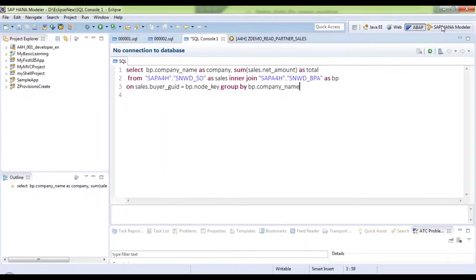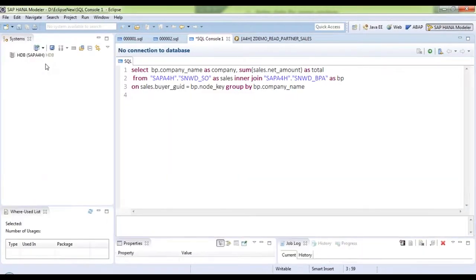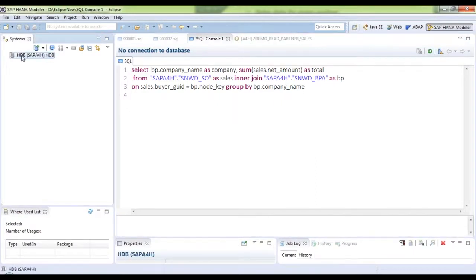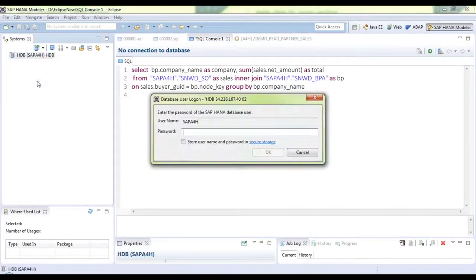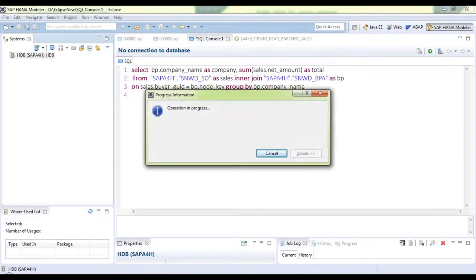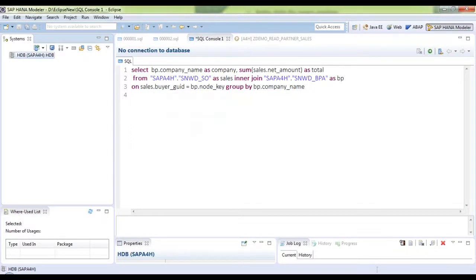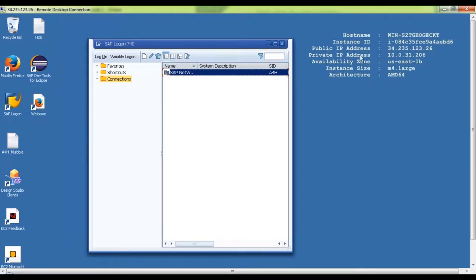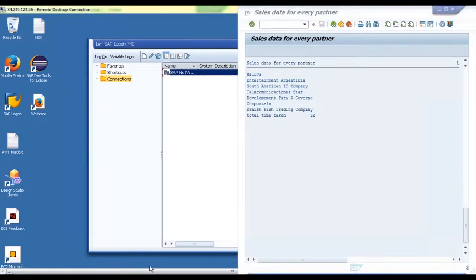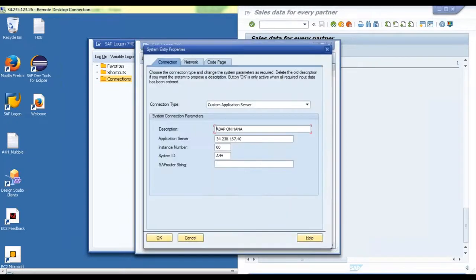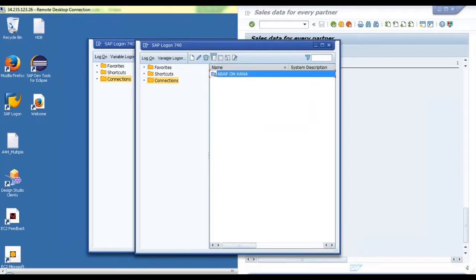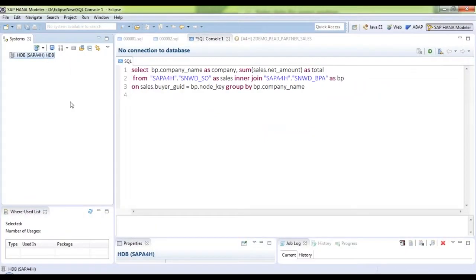So if I quickly switch to HANA Modeler and try to do a native query, remember you have to give the name of the client field value. Okay, I think the connection is lost. I have to quickly go to my cal and get the IP address. The public IP address is what I need to get quickly from the cal, or maybe I can get it from here itself. Right click, properties, and just go back, delete